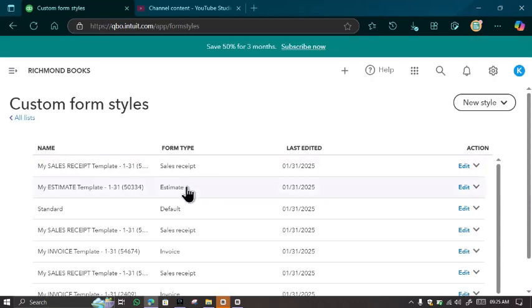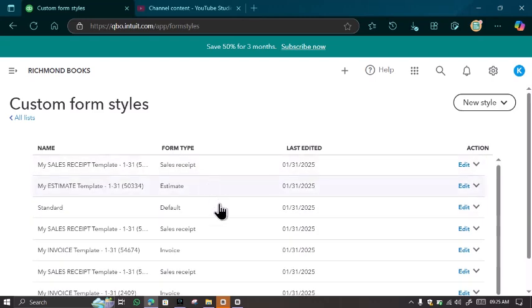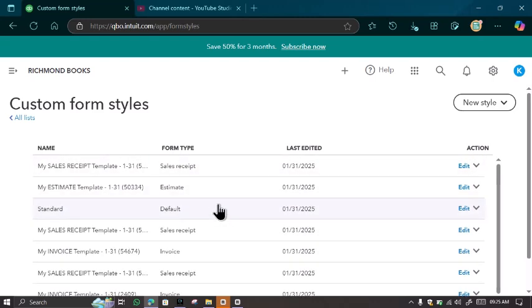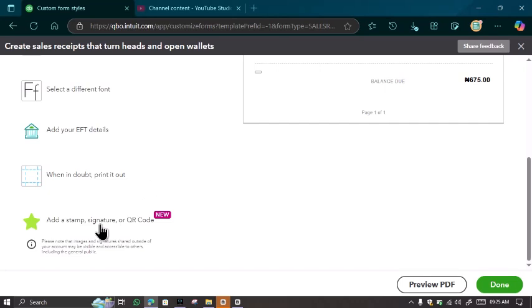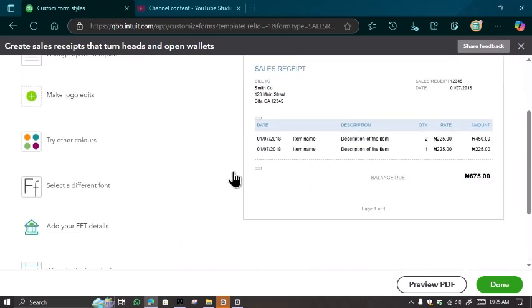And then let's say these are the things we've already done. You can only add a signature and all these things to the ones that you are doing currently, not the ones you've done before. So this is my sales receipt. And then at the bottom you can see add your stamp, signature, QR code. So after filling up all this stuff,